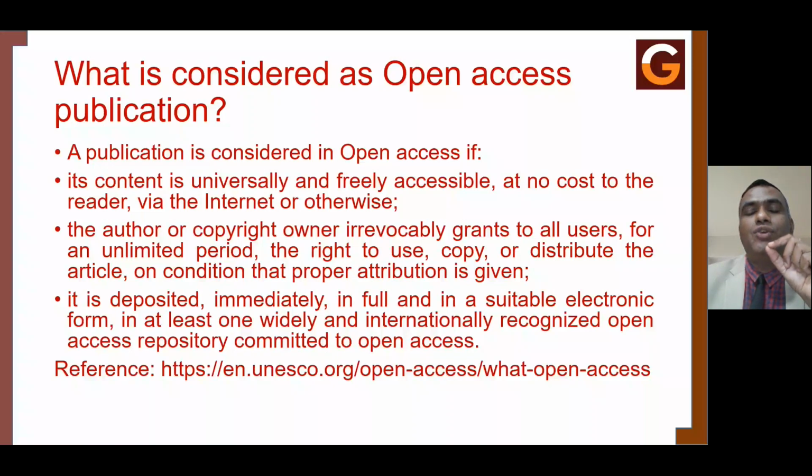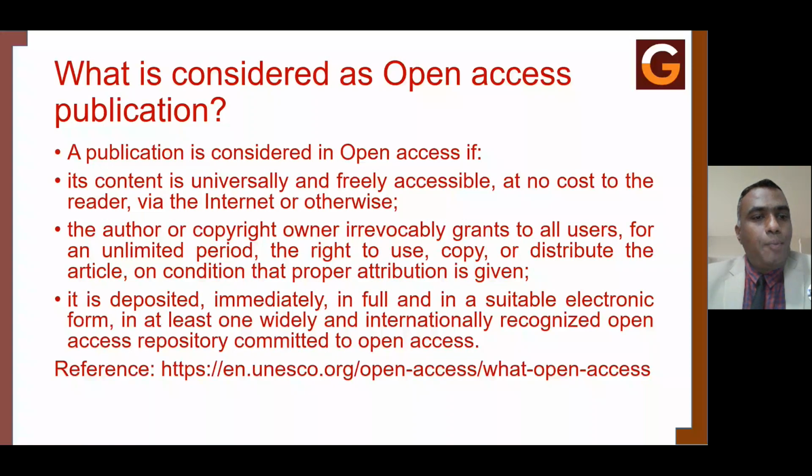When we say proper attribution, if Sudhakar has published a paper under open access, and you are a reader, yes, you can read my paper and you can use the information given in my paper in a proper way, but you will have to ensure that you are referring to my name, you are providing a citation, you are providing a reference that such information is taken from my paper. That is called proper attribution for any publication information taken by a particular